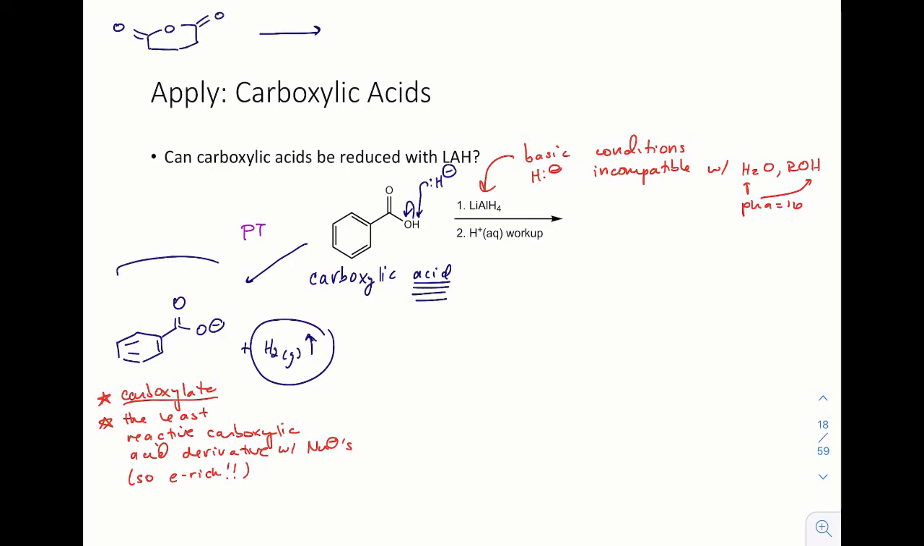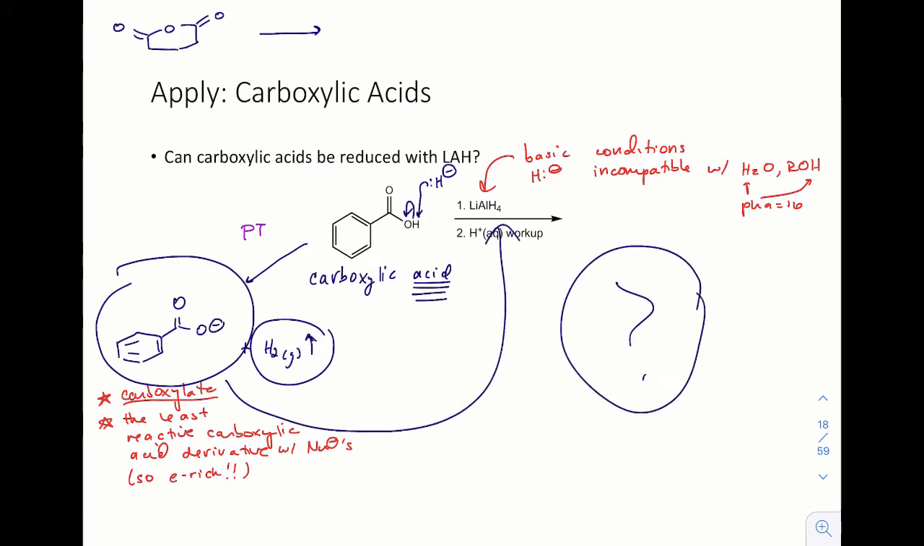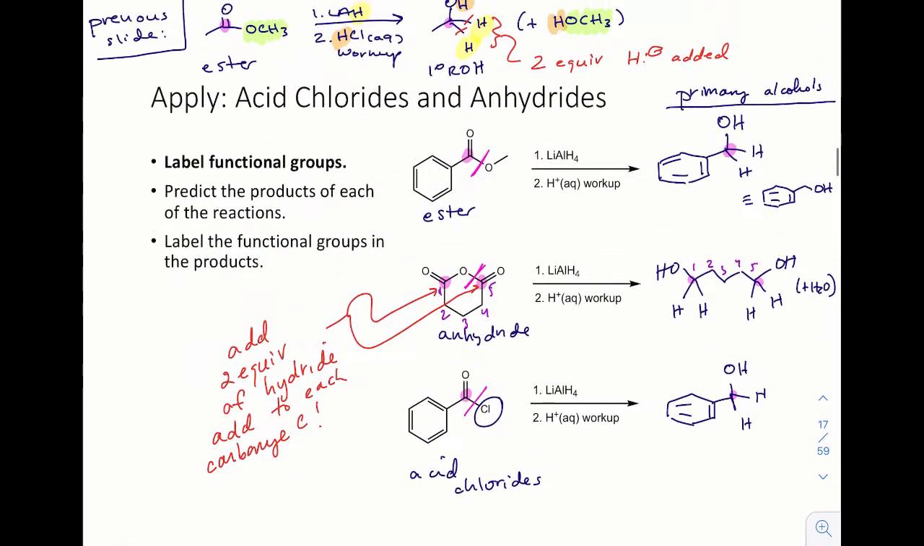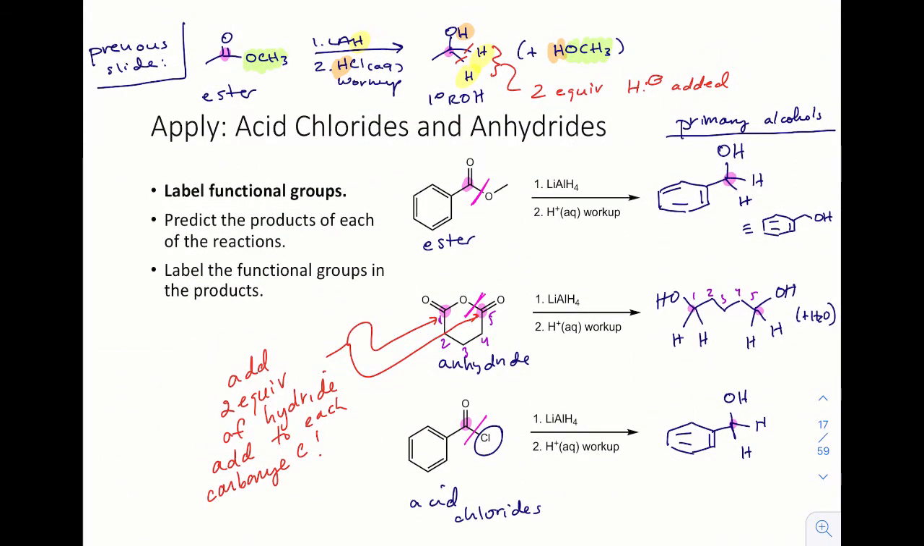But you already know the answer to this question of, well, will the carboxylate now react with LAH? Think about the anhydride on the previous page. We saw the anhydride reacted. Both carbonyls of the anhydride reacted with 2 equivalents each of LAH to form the diol. If we think about how that happens,